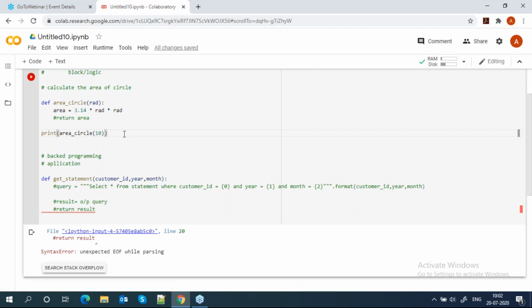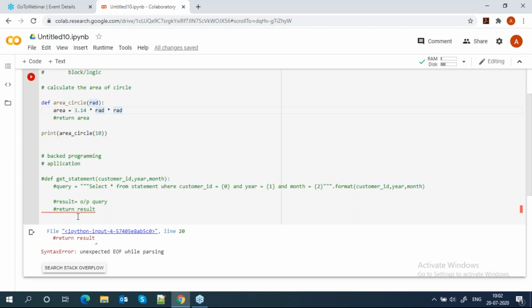Comparison question over here. In the above example, we are defining the area of the circle and saying area is equal to and giving the formula. Is it the same here when we say query equal to and give the query statement? Yes, exactly. Above we say return area, and in the below example we say return result. So that will be the result of the query, right?